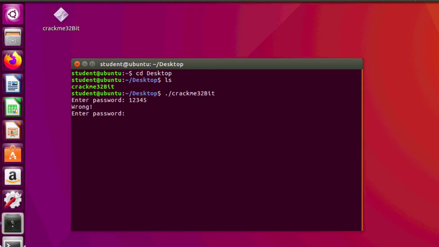It says wrong password. So if we enter any random password, then if the password is incorrect, it will obviously say wrong. It will say wrong. Okay,